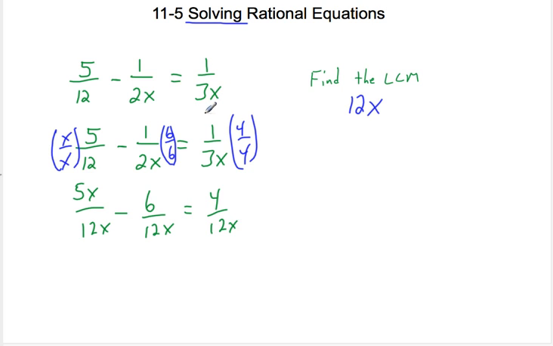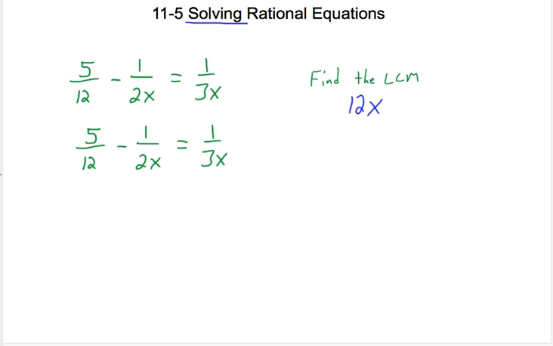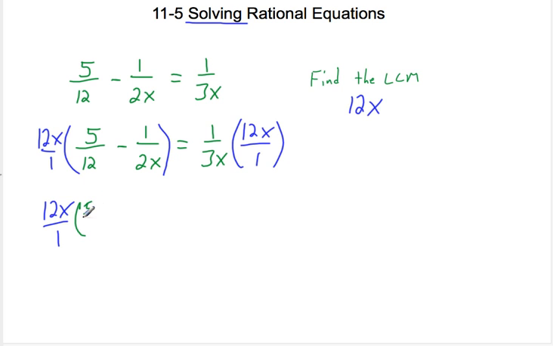But an alternative to that is, so let me get rid of all this stuff. Okay, so let's say, using the least common multiple, instead of finding a common denominator, we multiply everything by 12x. In this case, the 12x distributes to each of these terms here, and so we end up with 12x over 1 times 5 over 12 minus 12x over 1 times 1 over 2x equals 1 over 3x